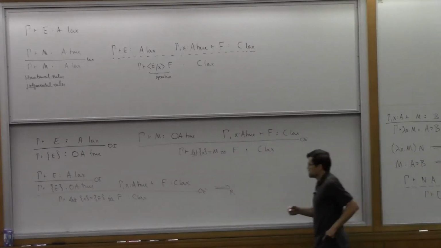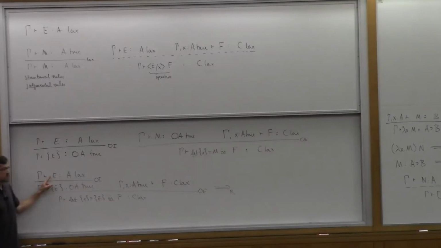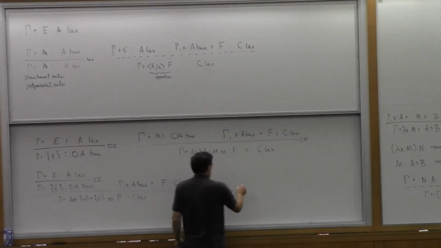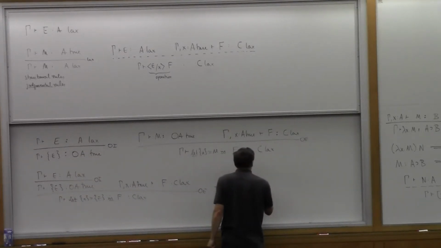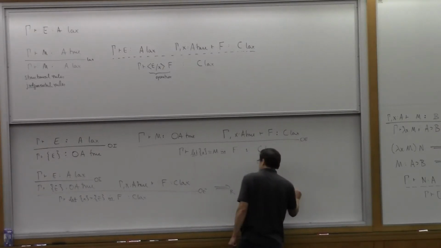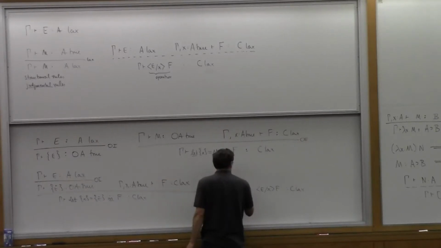Exactly. So we want to take this E and we want to substitute it for X here. Now we can't exactly substitute it according to the usual notion, but we have that principle up there that we started with, right? That should always be true. So we can take that E and plug it in here, so we get E for X in F should be evidence that C is lax, or computation that C is lax,